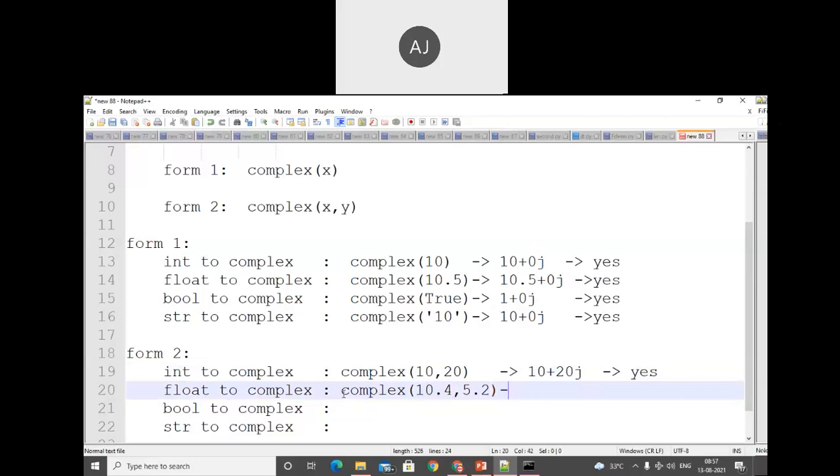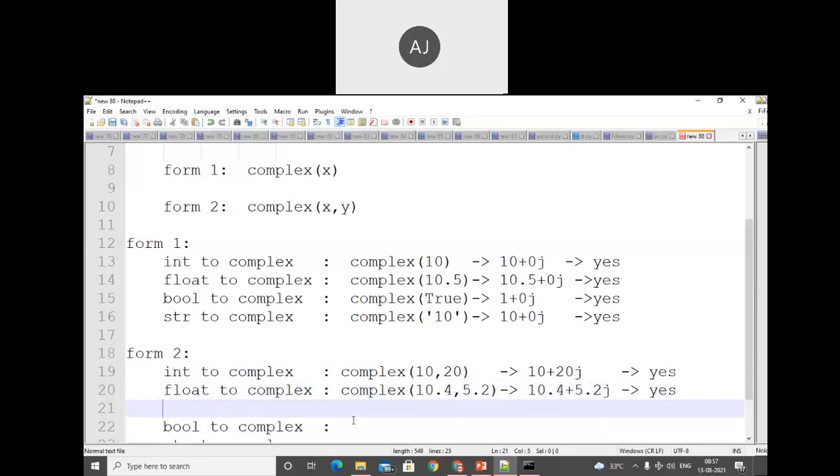But for string operation, it will not convert. We'll discuss string to complex later, but right now we'll discuss float to complex. In that, we get 10.54 as a real number and 5.2 as an imaginary. So that means we can easily convert even a float number, a fractional number, into a complex number. The next one is a bool.